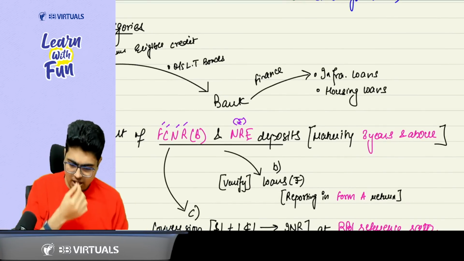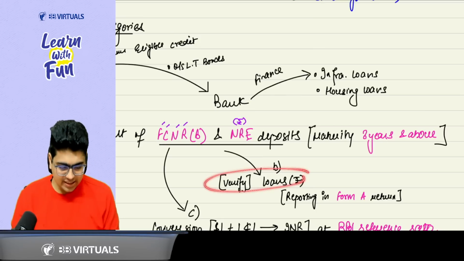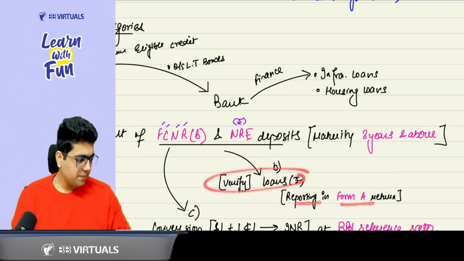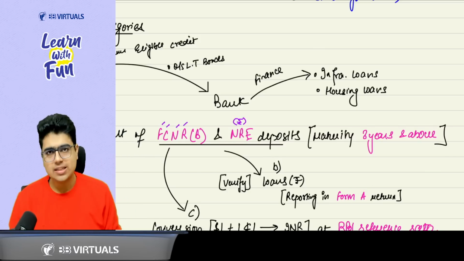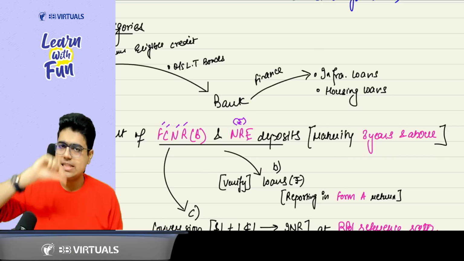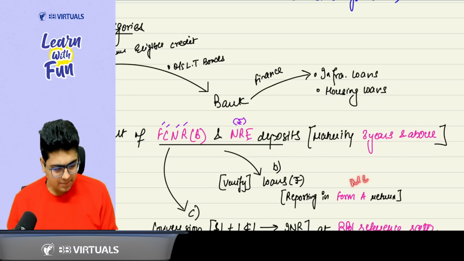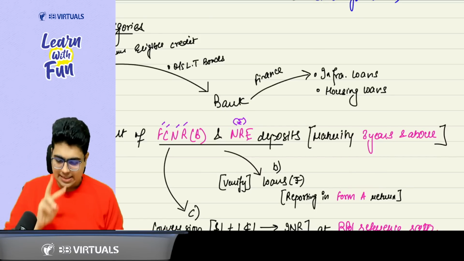Okay, sir. Now remember that you need to verify these loans in the form of reporting in Form A. You need to verify these points in the Form A return, because these need to be submitted to RBI. So on this, an MCQ can be asked. Got it, sir. Second thing is,